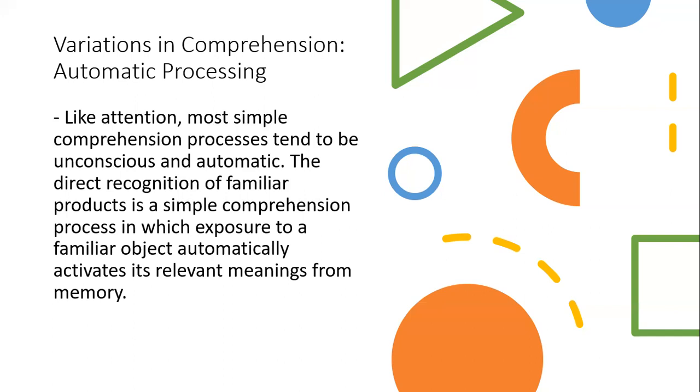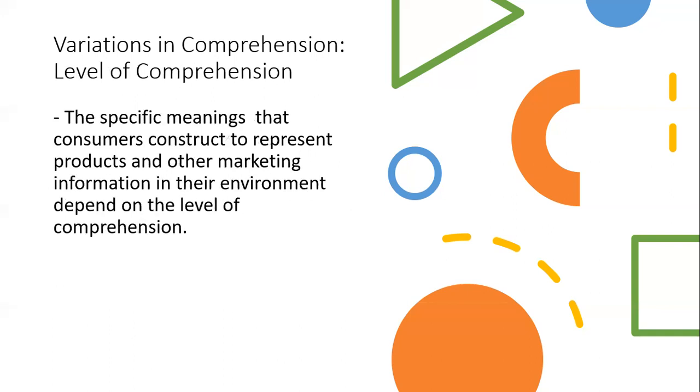And consumers subconsciously construct the meanings of such information. It can be intentional, or they might ignore it. Comprehension is likely to be highly conscious and controlled, and interpretations may be difficult and uncertain. Next level of comprehension: the specific meanings that consumers construct to represent products and other marketing information in the environment